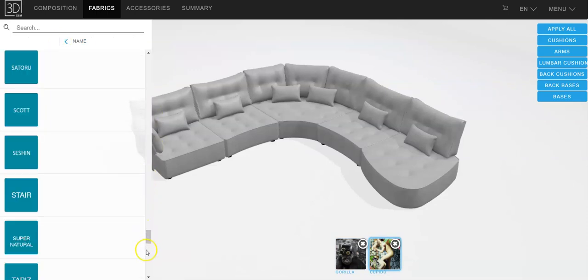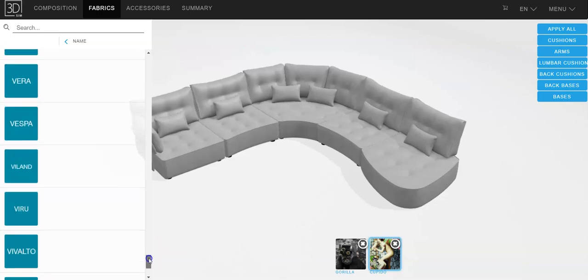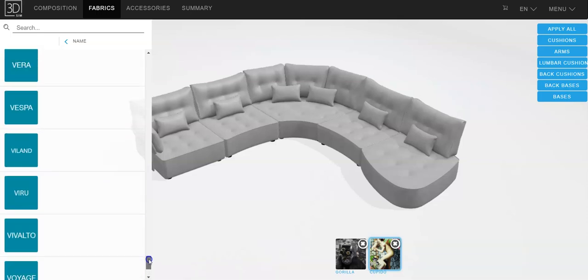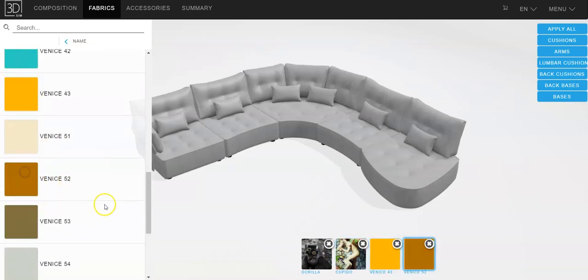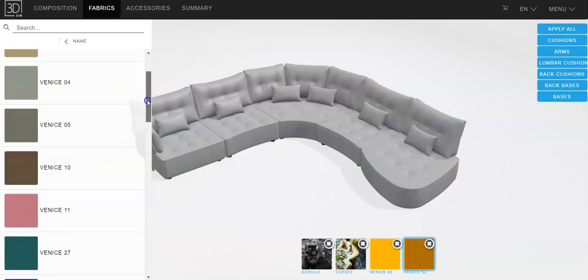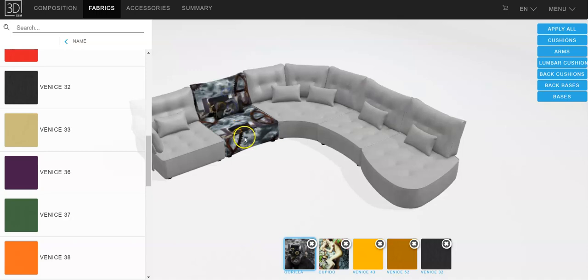The Venice velvets are a really nice option and work really well. So let's have Venice. Let's have a yellow Venice, a gold Venice, and maybe also maybe the black. Okay, so now then, we've got all our options. Let's choose one of our fabrics, and we can just choose to put that anywhere. So you can put it on the seat, on the back, on the cushion if you choose to, or what